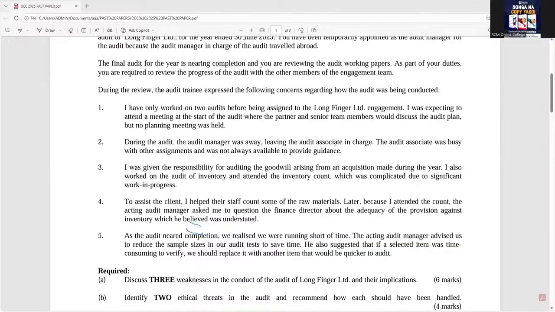Taking part in the count. Lack of proper supervision. Also, this one is a very correct answer. You see what is happening here? It is lack of planning. Then here, there's no guidance, lack of supervision. Then what else are you discovering? I see an answer from Ken, taking part in the count. But taking part in the count means it will likely lead to a threat.